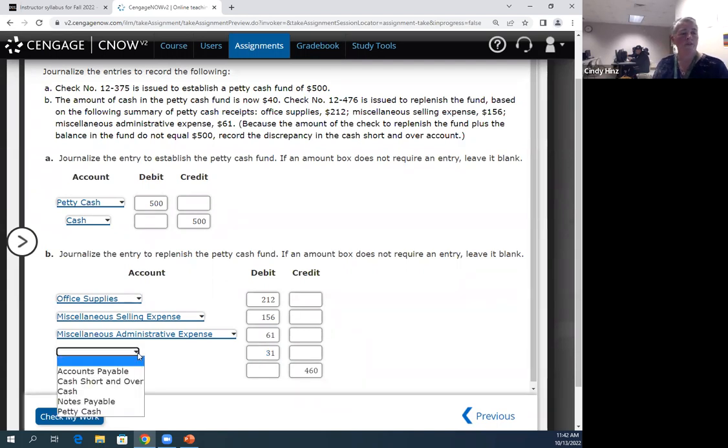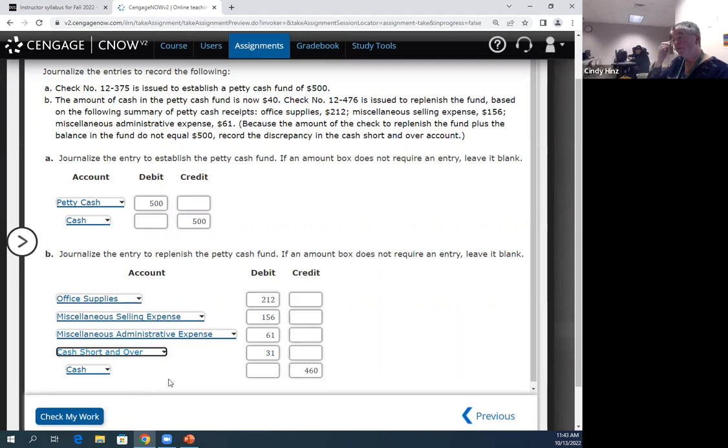But what are we going to call that? Because we can't have a debit of $31 without having an account that we're debiting. If we are a company that uses cash registers, we would probably just add it to that cash short and over account. We talked about that account last week, that's kind of the catch-all account to make the cash register